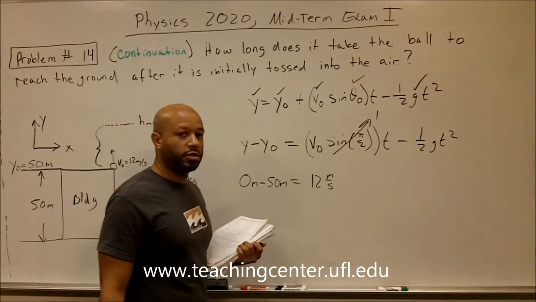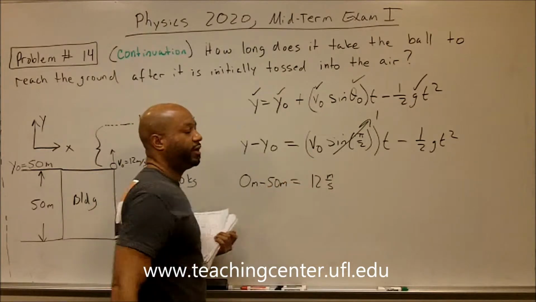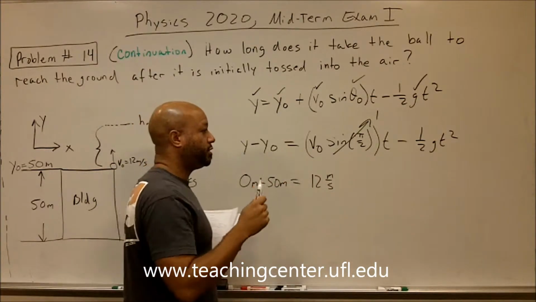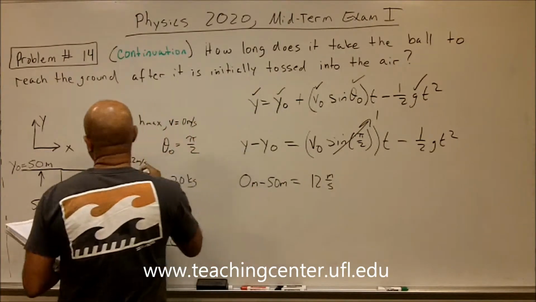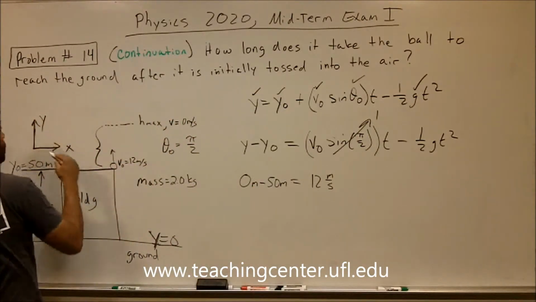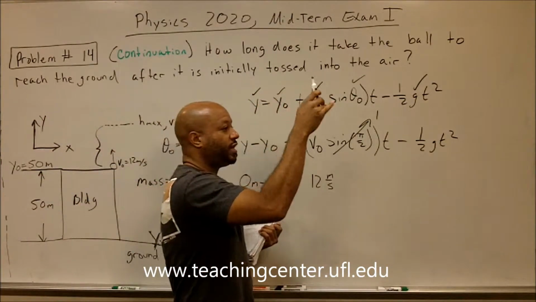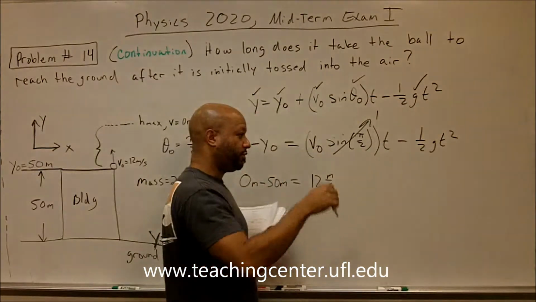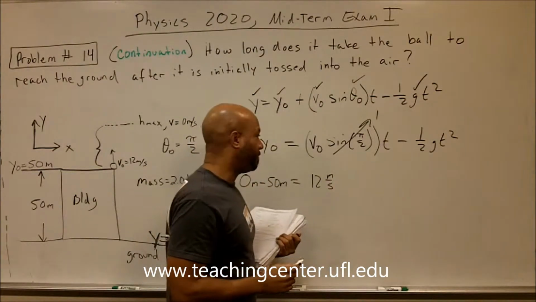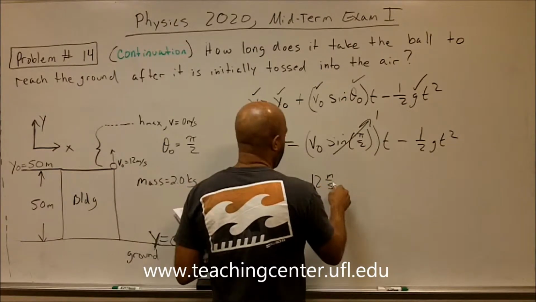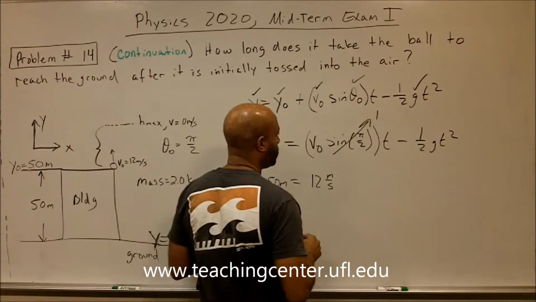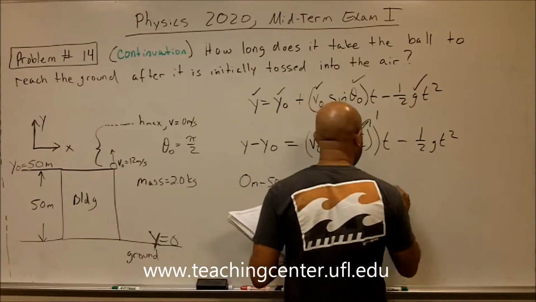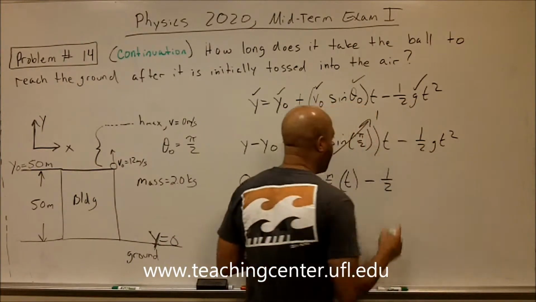It's also important to know that velocity is a vector, so it has both magnitude and direction, and since we defined our positive y direction to be going up, if it has an initial velocity that's going up, that initial velocity is going to be positive. If the initial velocity was directed down, it would be negative. So that's just 12 meters per second times your time